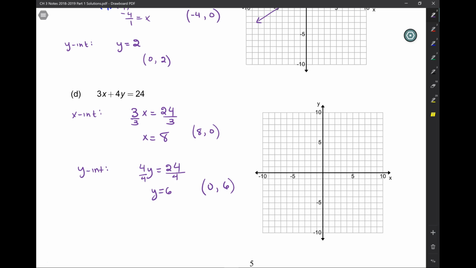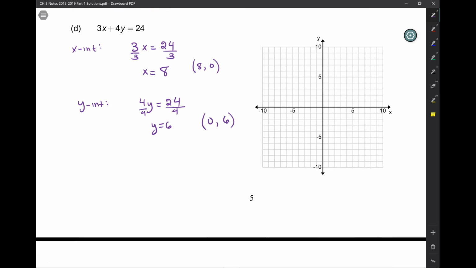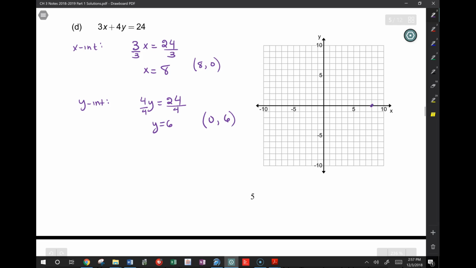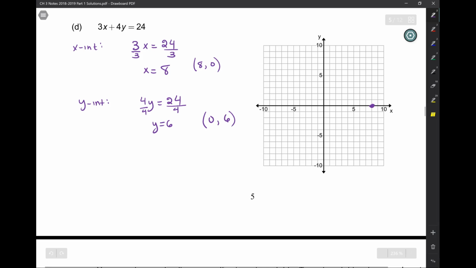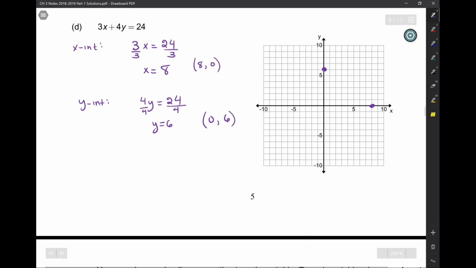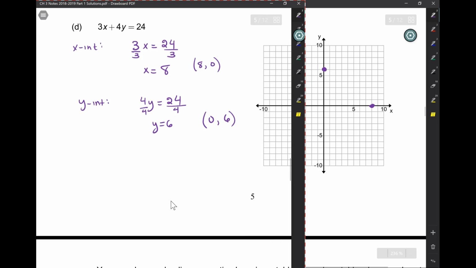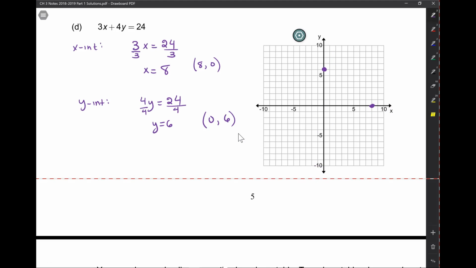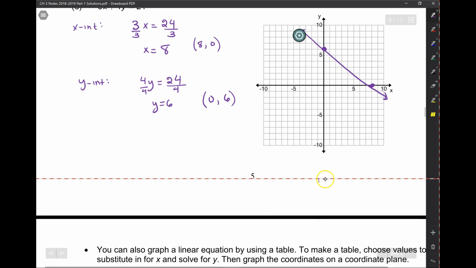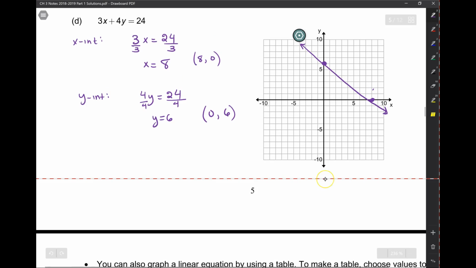So this one, x-intercept is 8, comma 0. We didn't get a 4 this time. And then the y-intercept is 0, comma 6. Wait, what would we do for page 6? Okay, so we're not at page 6 right now. That's easy. This is easier. This is like does the work for you. Wait, can I label that? Right, so this is 8, comma 0